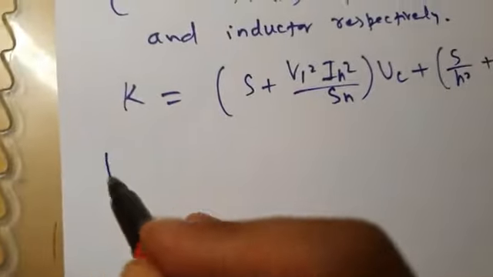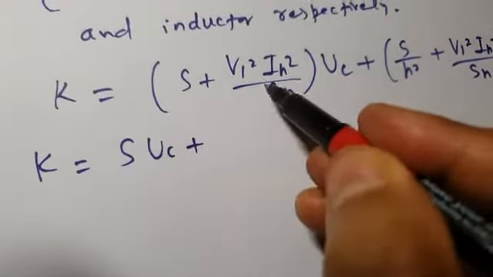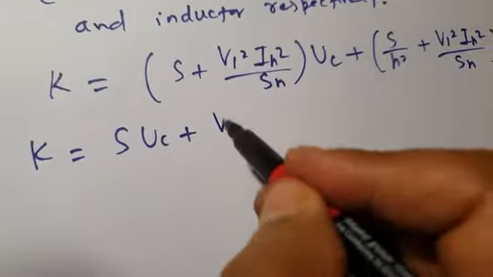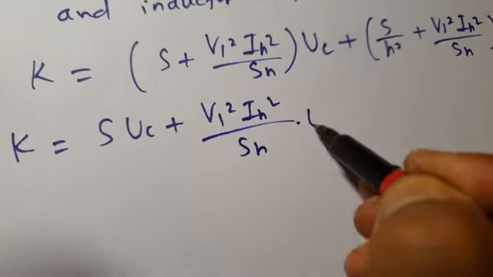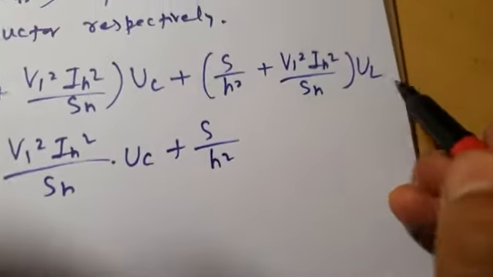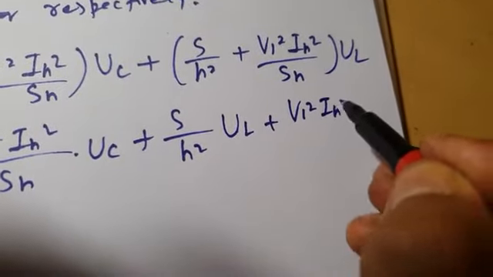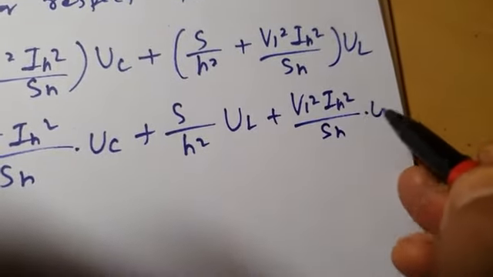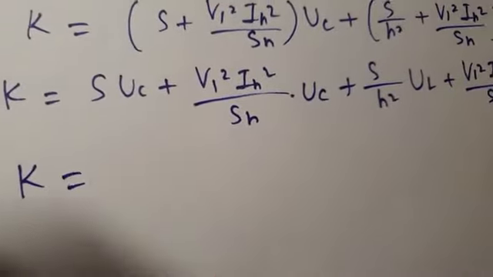So let me expand it. K is equal to S into UC plus V1 square IH square by SH into UC plus S by H square into UL plus V1 square IH square by SH into UL. Fine. So this will give me K equal to, okay,